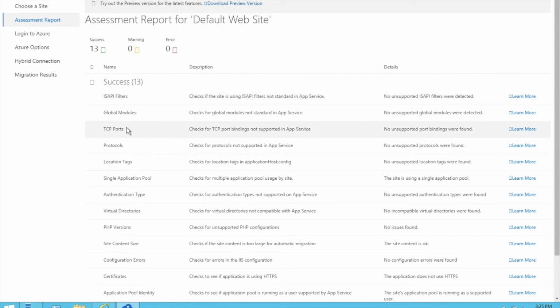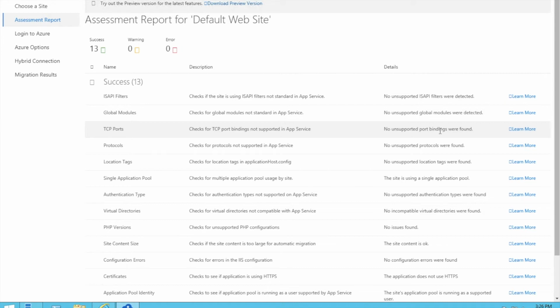The next one is TCP ports. This checks for TCP port bindings not supported in App Service. So this is also fine; no unsupported port bindings were found.